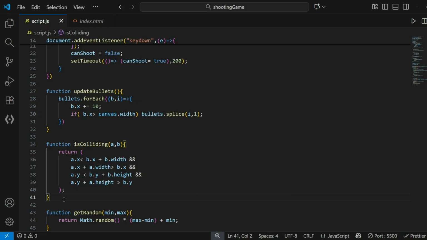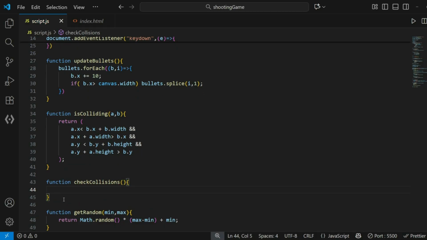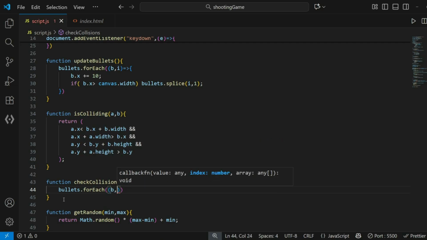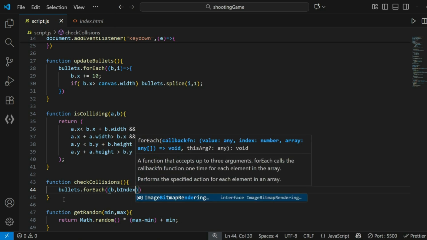So let's say we have a function to check collision. So function checkCollisions, and then inside our function, what we'll do is we will first of all check collision of our target and of our bullets. So first of all, we want to see if our bullet hits any target at all. So for each bullet inside our bullets array, we'll check if it has hit any target. So we'll have the bullet itself and the bullet's index for deleting the bullet later on. So index,